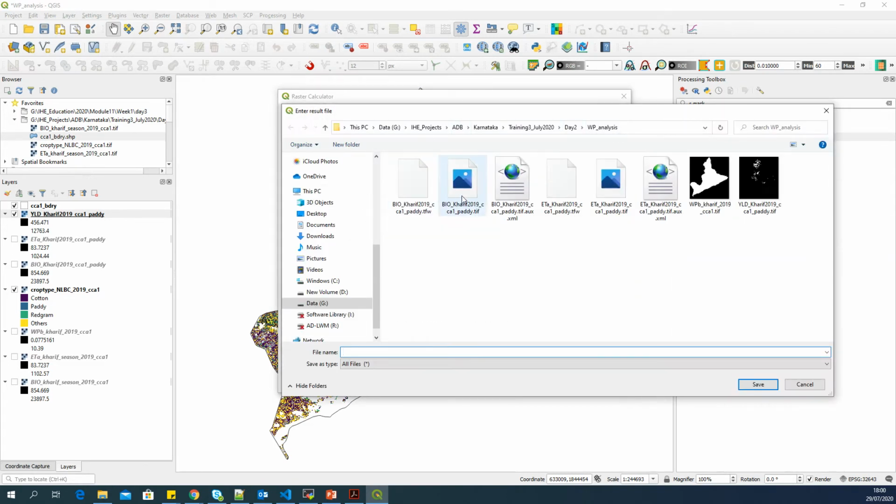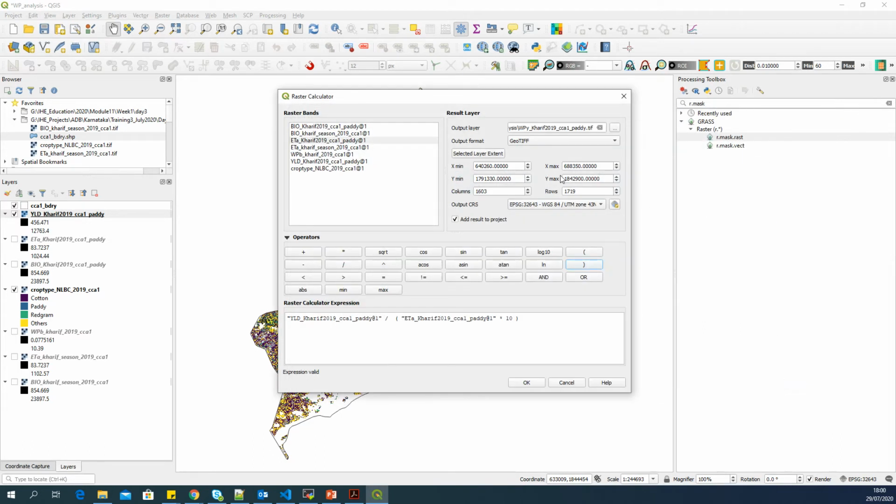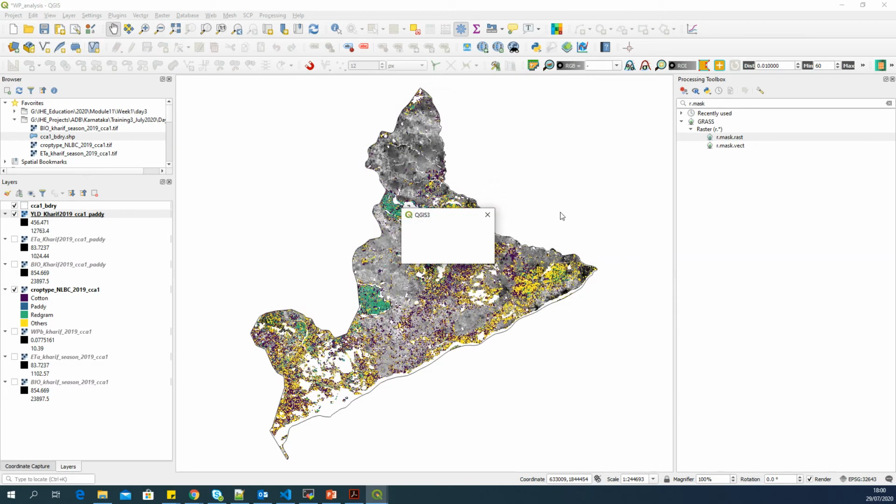Then I will set an output file name, which is WPY, which is yield water productivity. Save it, and this water productivity yield is only for paddy CCA1, and